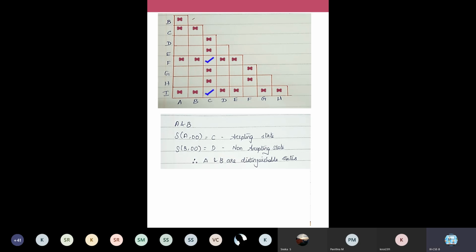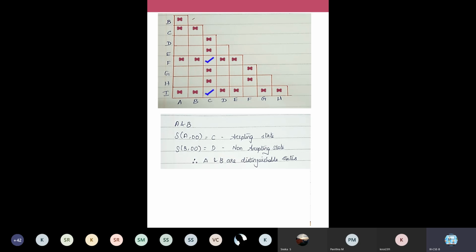Go to the diagram. Can any one of you tell a string where they can differ? You have to identify a string such that they differ. Check whether A and D are equivalent or distinct. Apply some strings on these two states. On A apply 0, 0, it goes to an accepting state. In D also you apply 0, 0, it goes to an accepting state. So try with some other string. Apply 1, 0. In A it goes to non-accepting. In D it also goes to non-accepting. So they might be equivalent.